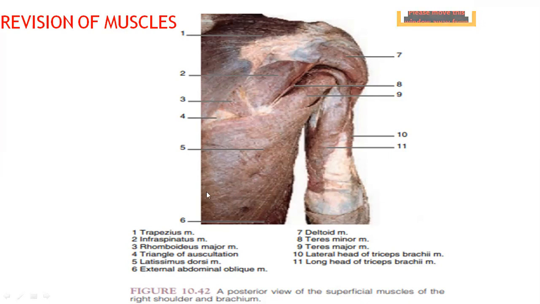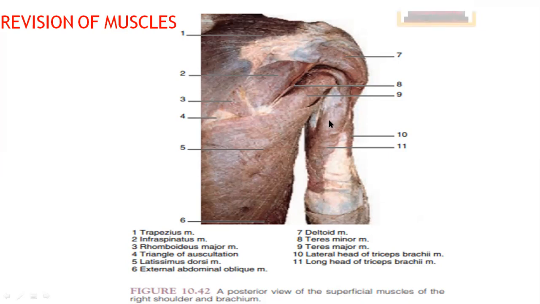We know this big bulky muscle which forms the posterior wall of the axilla is nothing but the latissimus dorsi. There is one muscle in the anterior abdominal wall, with a few muscle fibers reflected behind, that is the external oblique abdominis muscle, or external abdominal oblique muscle, anything is fine. This is a very well known muscle, very easy to remember. The round contour of the shoulder is nothing but the deltoid muscle. Then along the lateral border of the scapula, we have teres minor and teres major muscles, right?